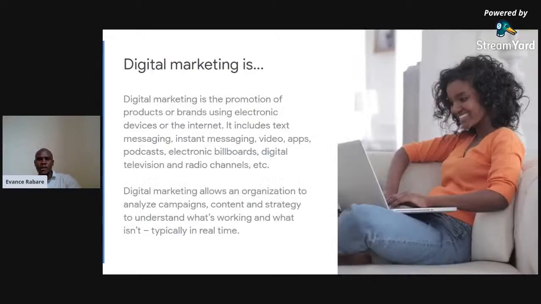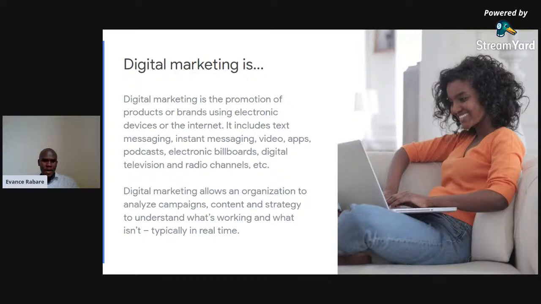let's look at digital marketing. When you're talking about digital marketing, we are talking about the promotion of products, services, or brands using electronic devices or through the internet. So underline the word internet. That is the core. Any advertising that you do through the internet,